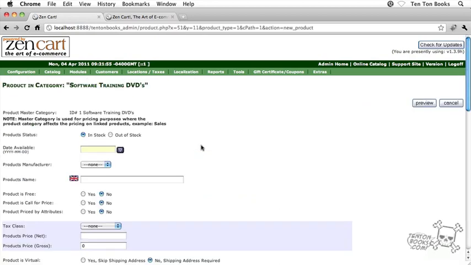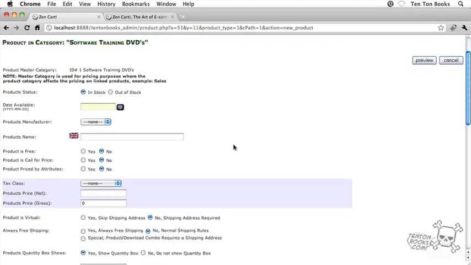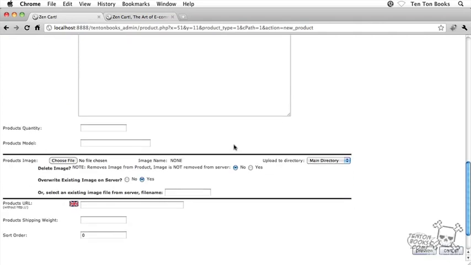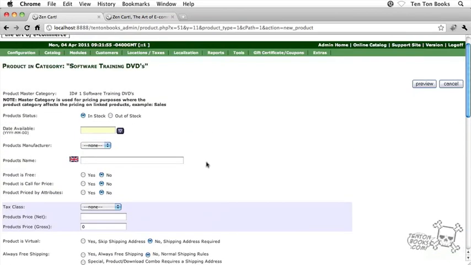Okay, great. That brings us into the new product screen. If you want to scroll down a little bit, have a look at all the different options we have here. Basically, what we have is this massive web-based form that we have to fill out, right? So here we go. Again, I'm going to zip through this fairly